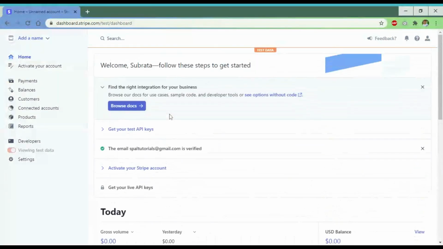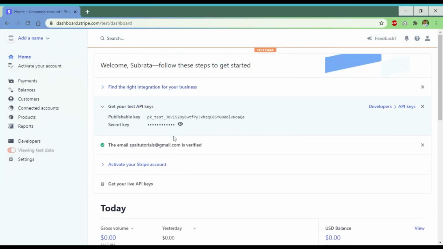Inside this dashboard, you will notice an option like get your test API keys. After clicking on the test API key, you will notice that there is a secret key and a publishable key, which are used for implementing our code, and using this key we can charge the customer.